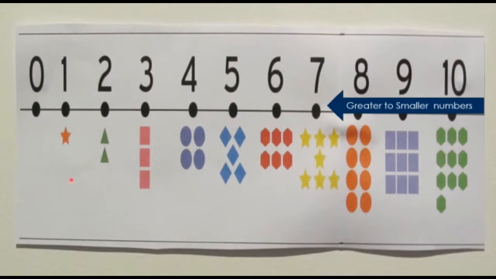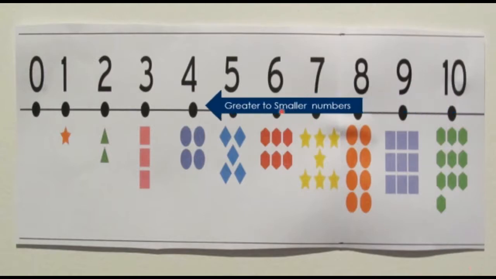Here, in backward counting, the shapes become fewer, like that, greater to smaller number, greater to smaller number. On the below side, the same shapes are also there. Here 10, then on the below side 10 shapes are there. Then one number is less, 9 shapes are there. Like that, same. That means greater to smaller numbers.